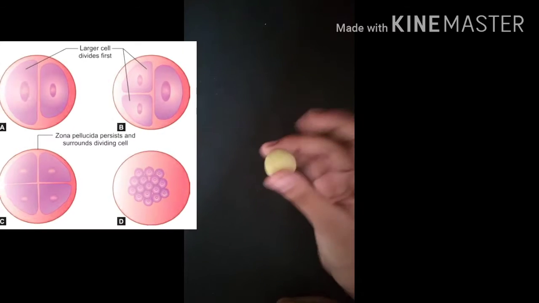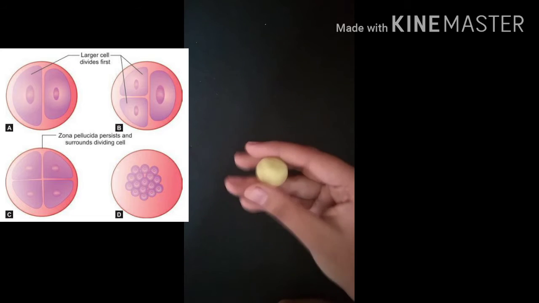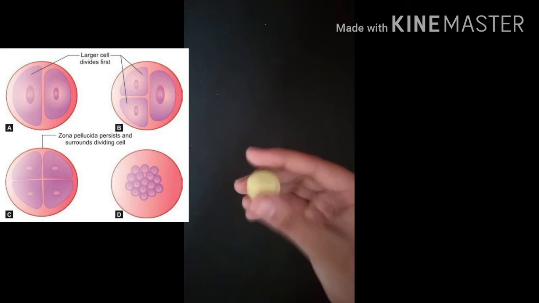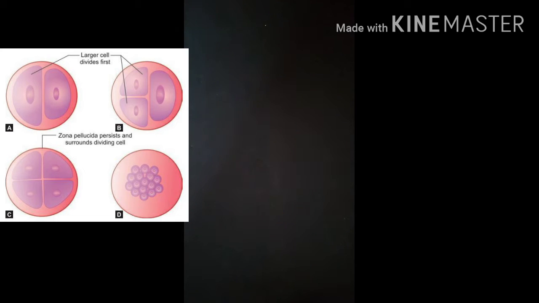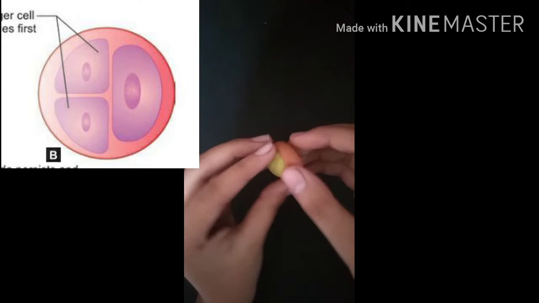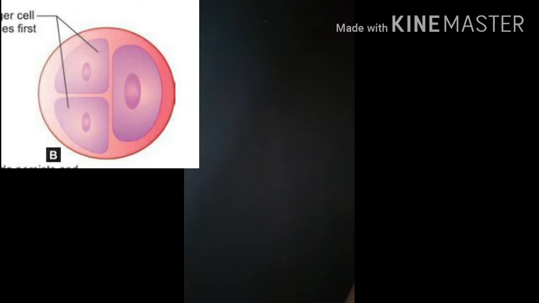This is a single cell stage, and after fertilization this zygote immediately starts dividing, and division continues. This procedure of division of the zygote is known as cleavage. So this zygote, which was single stage, further turns into the 3-cell stage, 4-cell stage, and goes on. The outer layer which we can see surrounding this is nothing but the zona pellucida, and zona pellucida is associated with this embryo or the zygote till it turns into the blastocyst. So leave it apart. I'll first discuss this was the 3-cell stage, right?